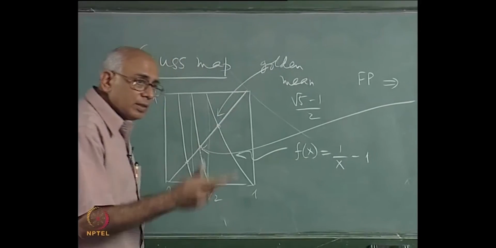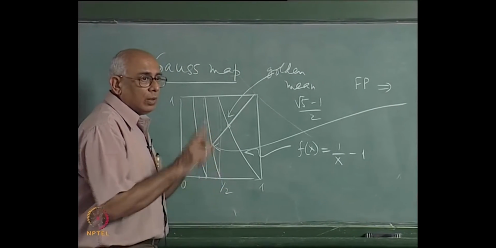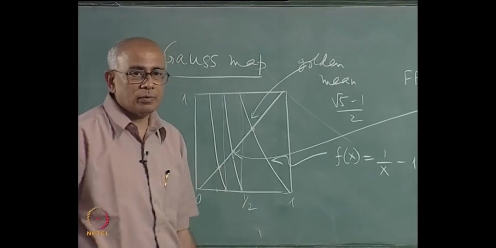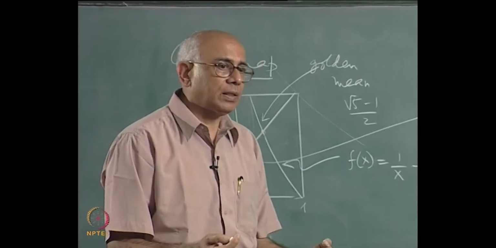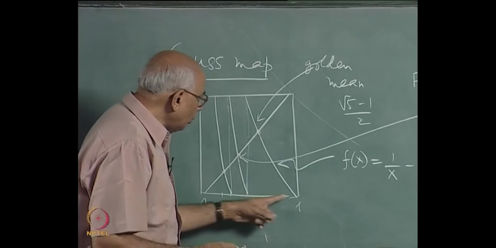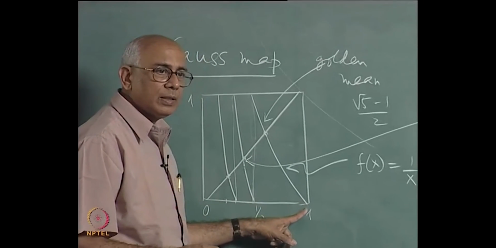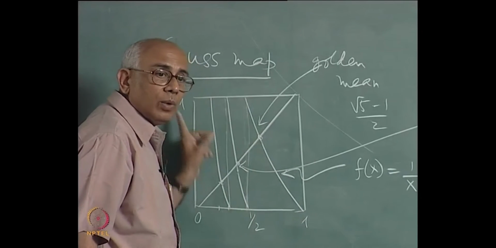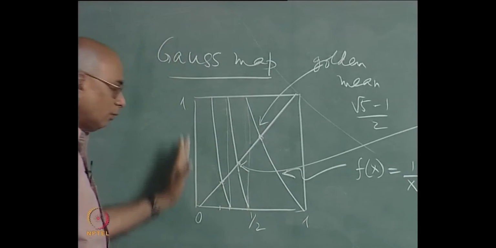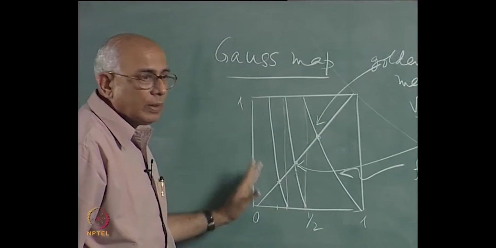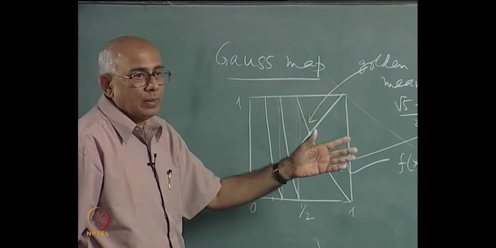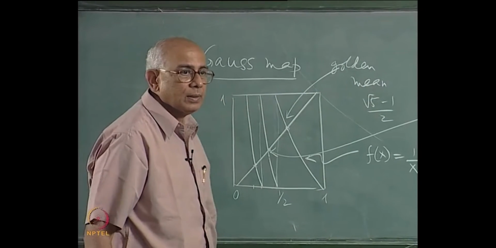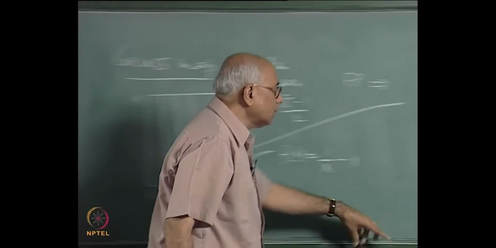It is in some sense measuring the average, the log of the average slope of this map, it is log mod f prime of x. So it is measuring the average stretch factor. Now the slope here at x equal to 1 is 1 in magnitude, and everywhere else it is bigger than 1, and it is in fact tending to infinity as you come here. So the question is what is the average slope, but it has got to be weighted with that factor out there. So when you do that you get lambda